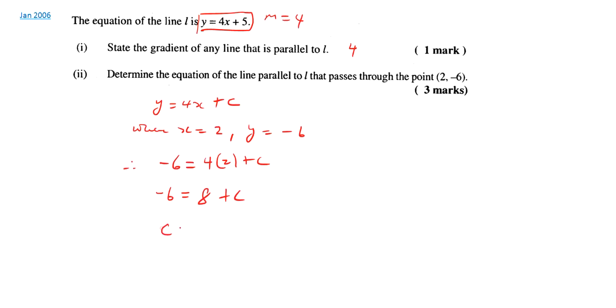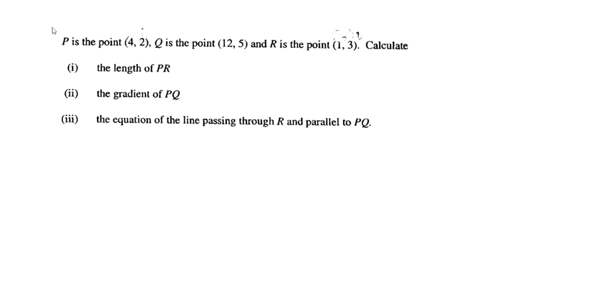So therefore c is equal to minus 6 minus 8. Therefore c is equal to minus 14. So the equation of the line will be y equals 4x minus 14. Okay. And our last question,